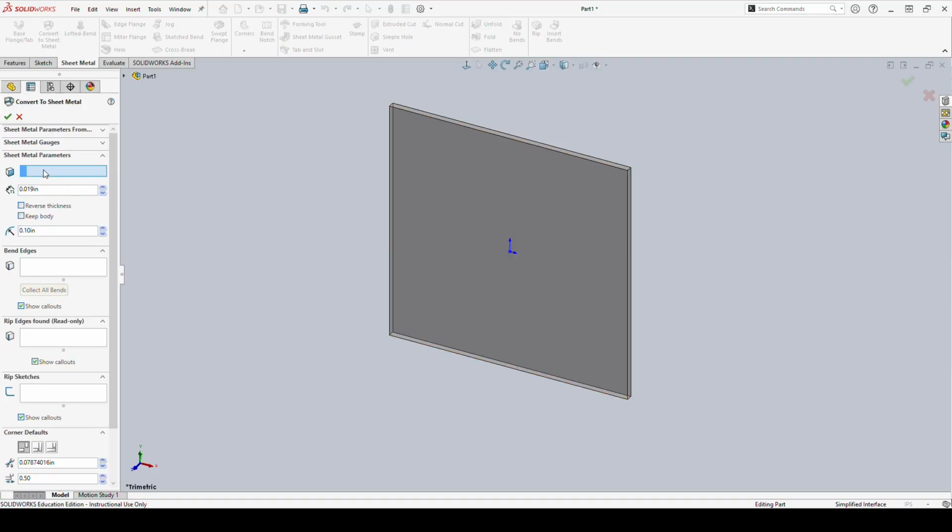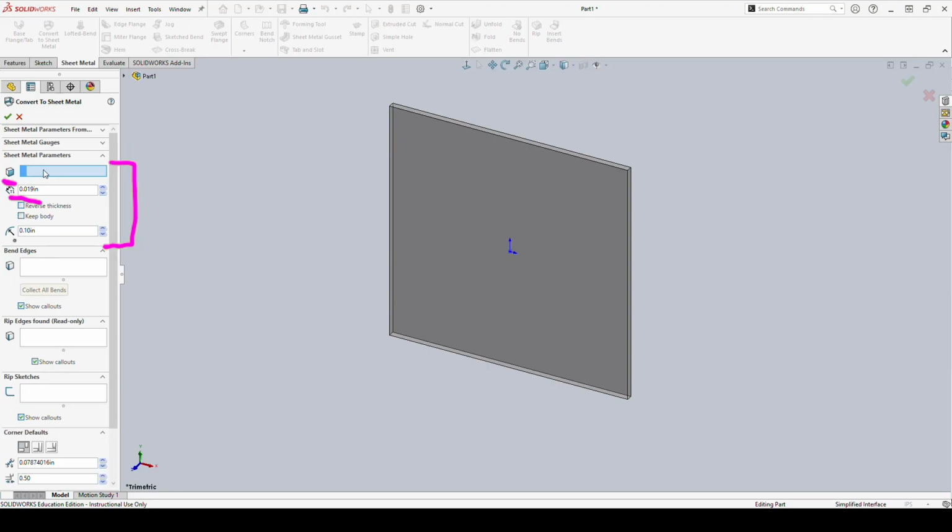So with this, the first thing that's going to show up when I click convert to sheet metal are a bunch of pieces right here. And we're going to get into these in a second. But the important ones are this one right here, which is going to select our primary face, which is becoming sheet metal, and everything else kind of comes off of that. We have our thickness of our sheet metal here, which I have set to 0.019, which is the thickness of 26 gauge galvanized steel